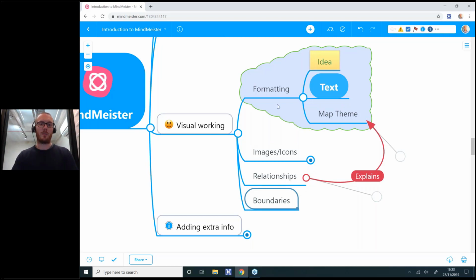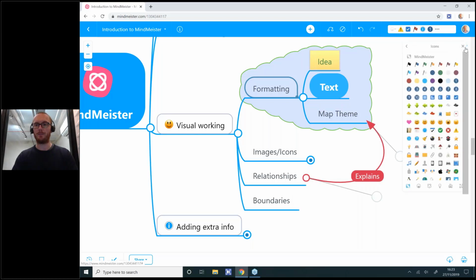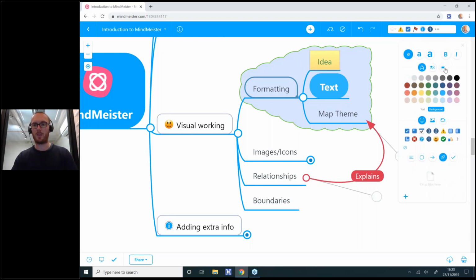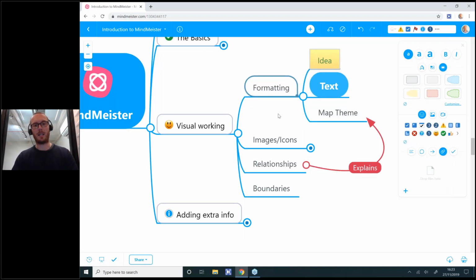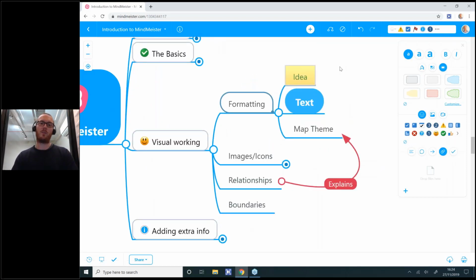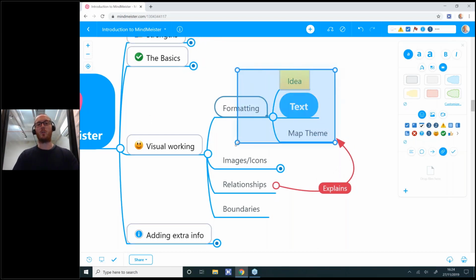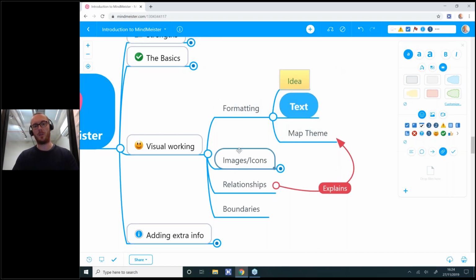Boundaries we've actually inserted up here on the formatting topic. So if we just pop open our menu over here again and just come back one step to here, what we've got is a boundary. So let's just remove that and see how we add that again. So boundaries are good for sort of visually making a selection, a group of things stand out a little bit more. So for example, if I